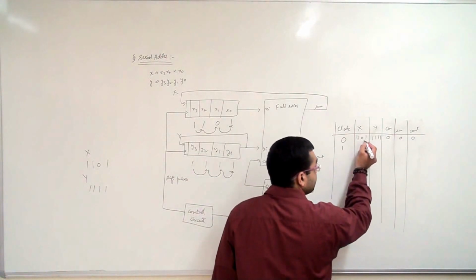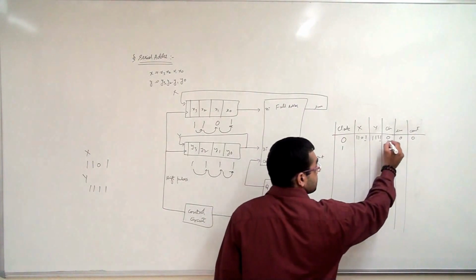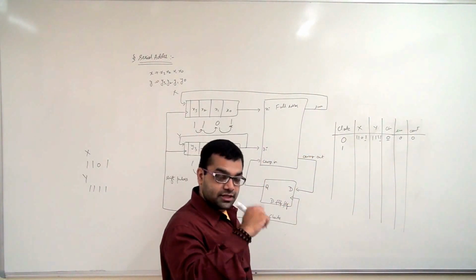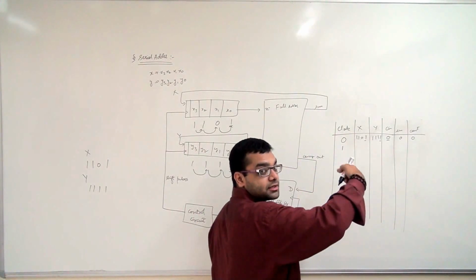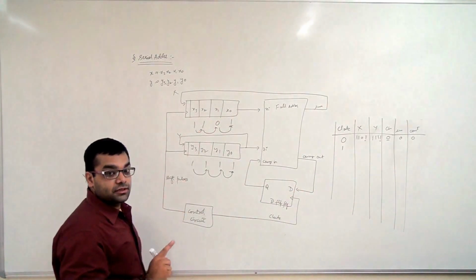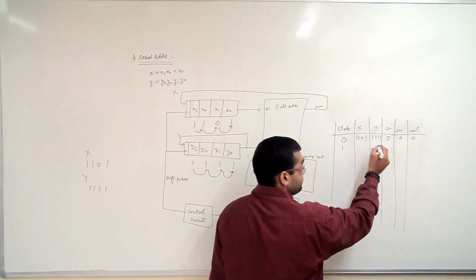Now we add this and this plus this: 1 plus 1 plus 0. Sum is 0, carry is 1. So the sum bit is shifted and brought into the start of the X register, and shifting takes place. So now our value becomes